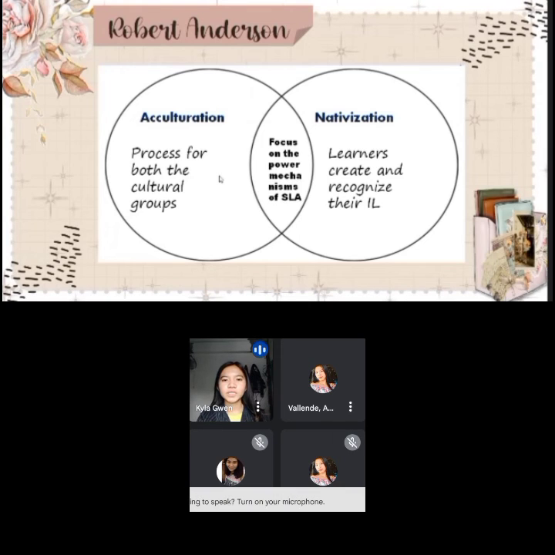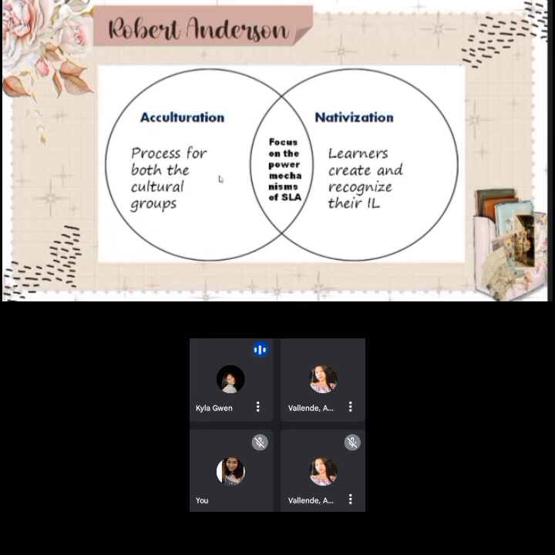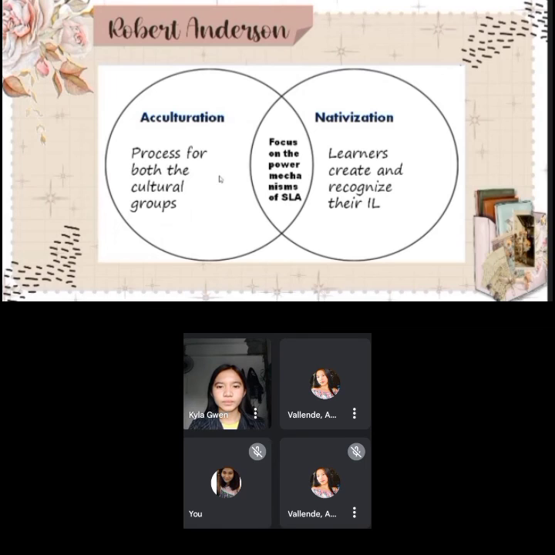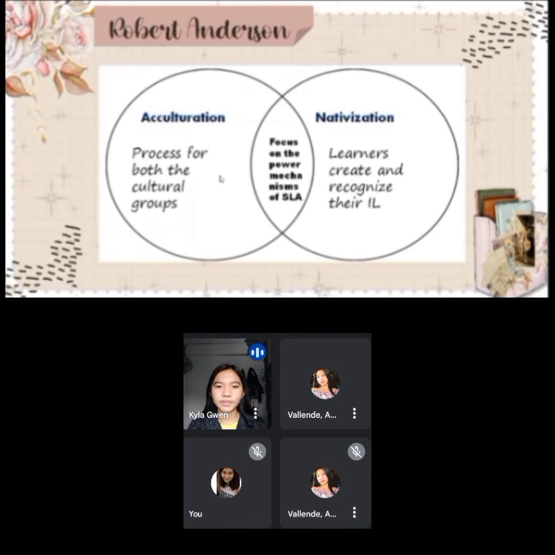So now let's move on to the differences of acculturation and nativization. The acculturation and nativist models focus on the power mechanisms of second language acquisition. They provide explanation of why language 2 learners, unlike first language learners, often fail to achieve a native-like competence. The acculturation model is a theory proposed by Janice Kaman in second language acquisition to describe the acquisition of second language 2